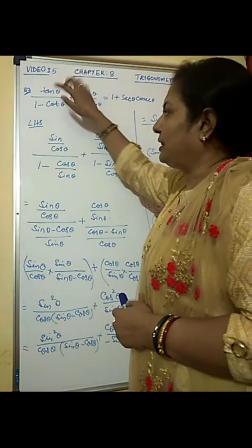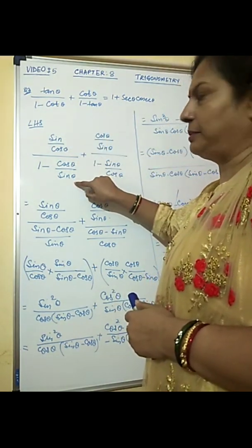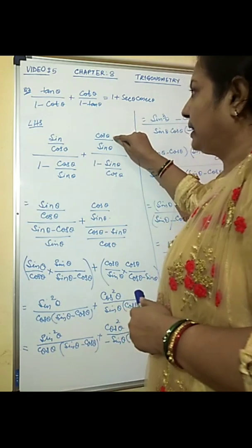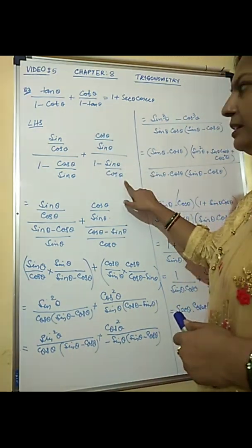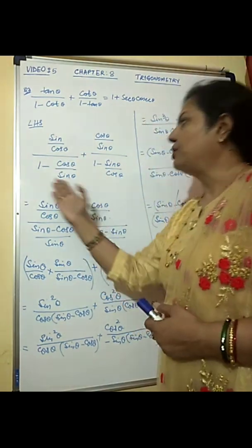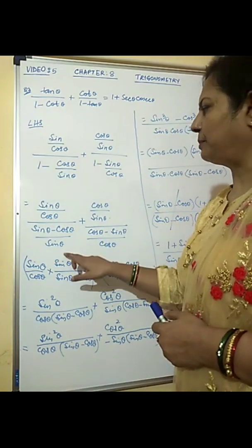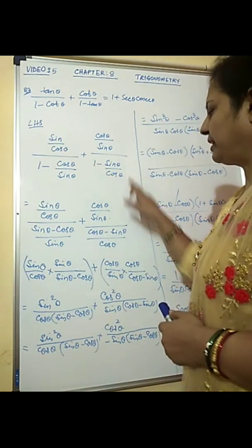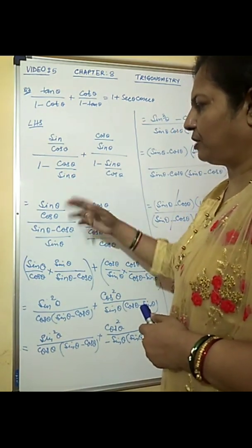So now let us see if we can convert LHS in terms of sin theta and cos theta and then simplify. So tan theta can be written as sin theta by cos theta, cot theta can be written as cos theta by sin theta, cot theta again here cos theta by sin theta, 1 minus tan theta is 1 minus sin theta by cos theta. Now clearly you will have to simplify the denominator first. So by taking LCM, what we get is sin theta minus cos theta by sin theta, cos theta minus sin theta by cos theta.